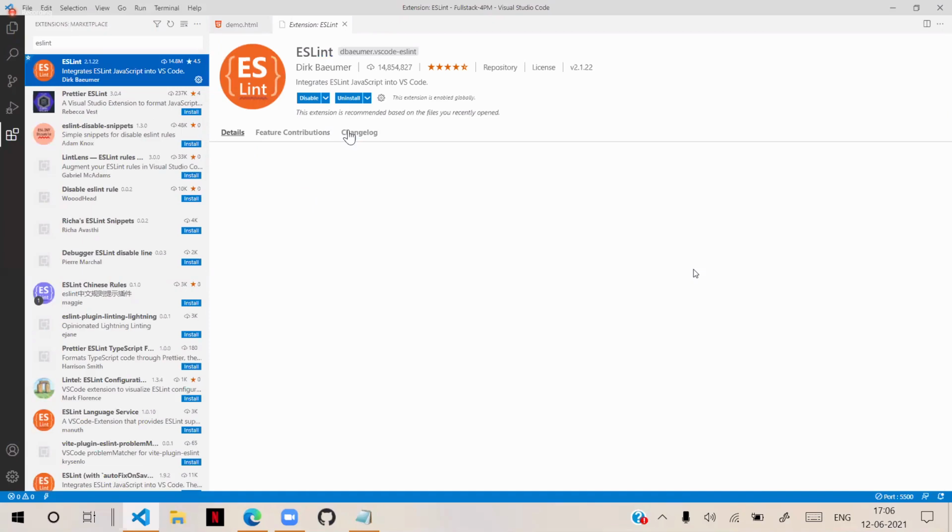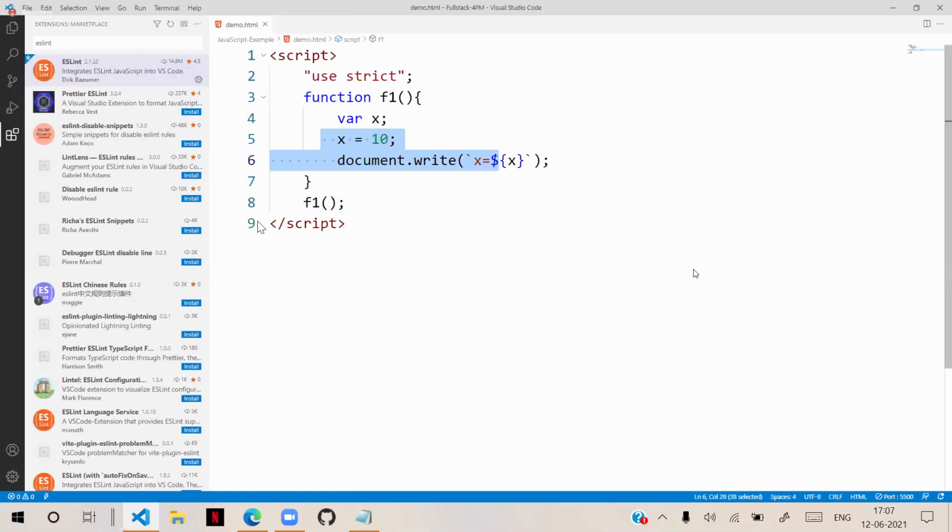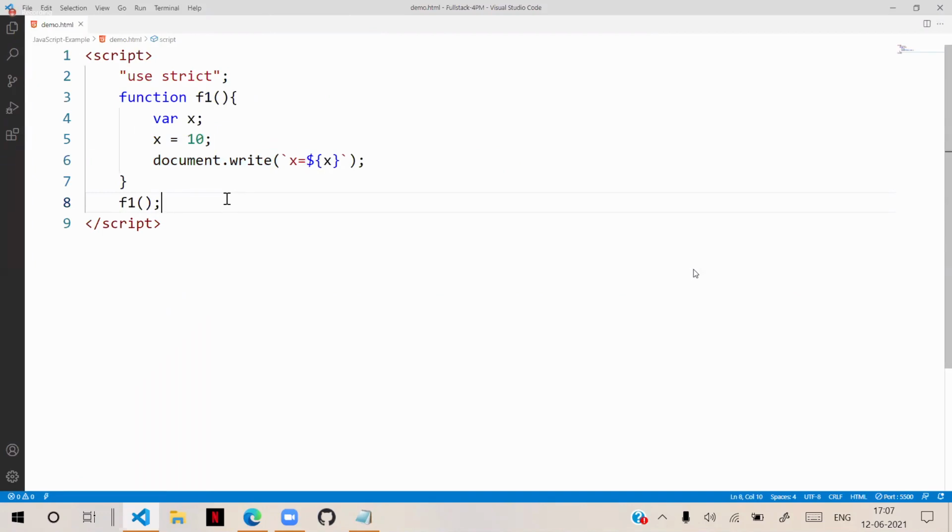You can install it so that it will help you in understanding such standards and reporting them. As of now it's okay, because while learning JavaScript, I will tell you what the standards are, how to write and how to work with them. You don't need to take help of ESLint, because if you learn directly with those standards, it is good. That is the reason you need to understand the importance of strict mode.